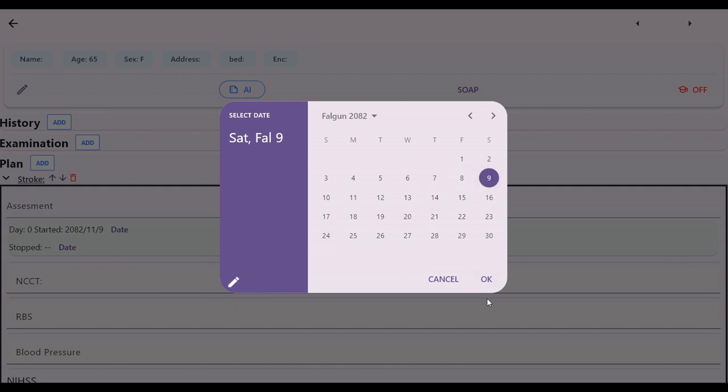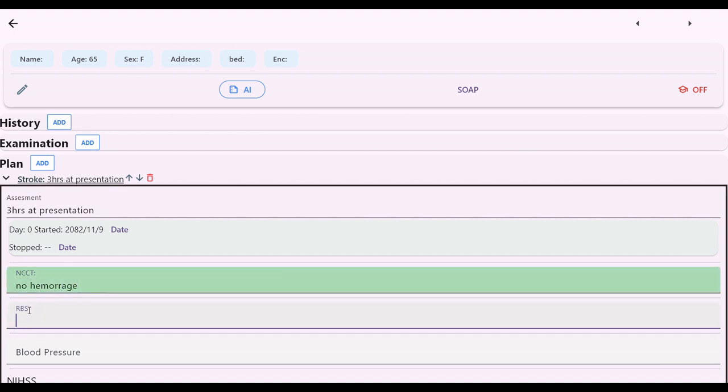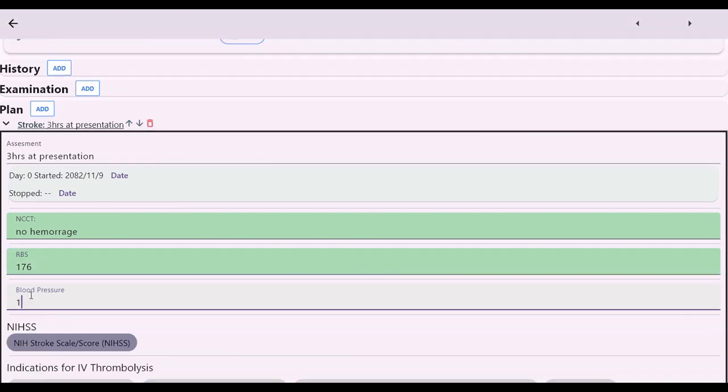So I'm going to document the date, and let's just say this was at 3 hours at presentation, and NCCT showed no hemorrhage. The random blood sugar was 174/76. The BP was also fine,